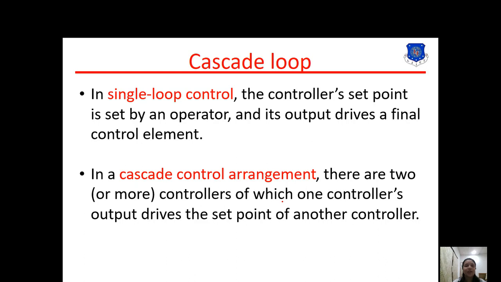Now why is the cascade loop used? Sometimes two controllers can do a better job of keeping one process variable where you want it. The cascade loop is used when multiple sensors are available for measuring the condition in a control process. A cascade control system can often perform better than a traditional single measurement controller. So the cascade control loop output is better than the single loop in some cases.